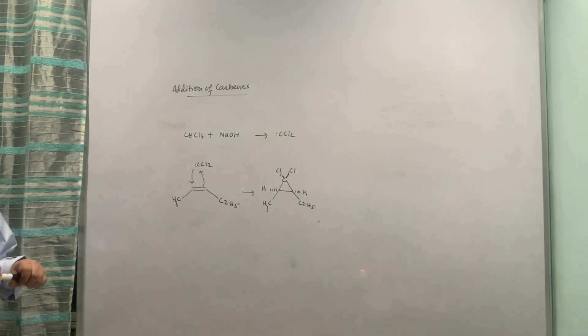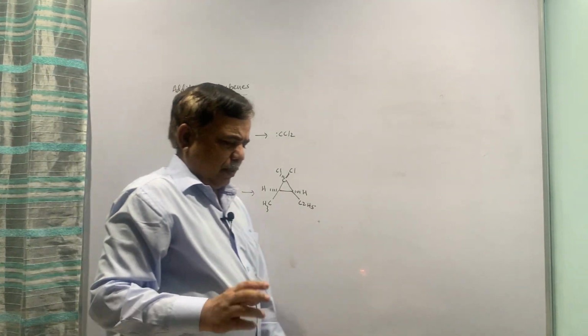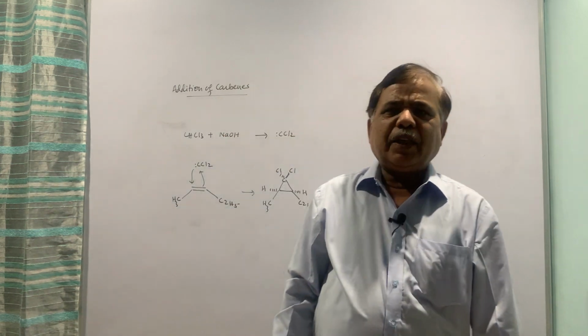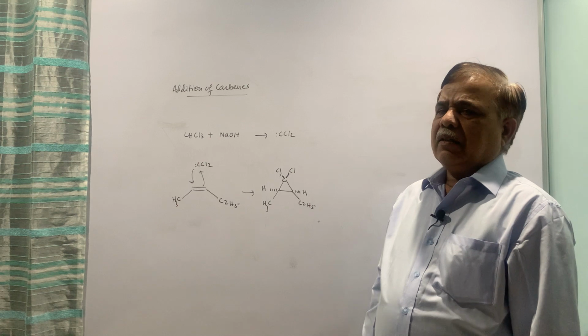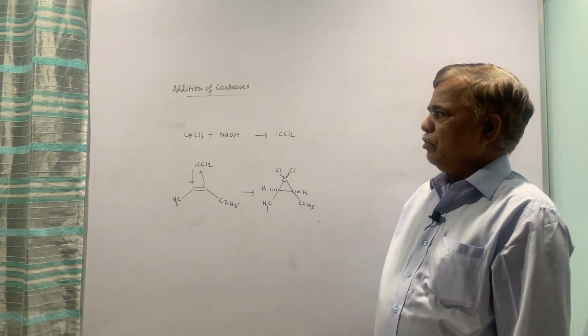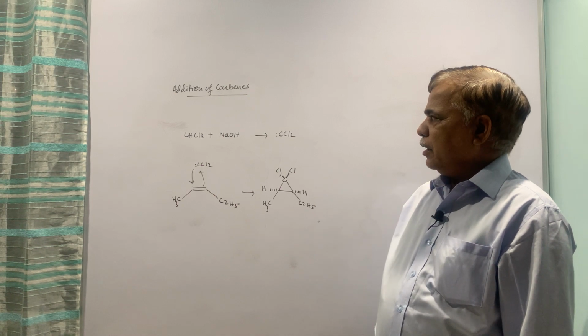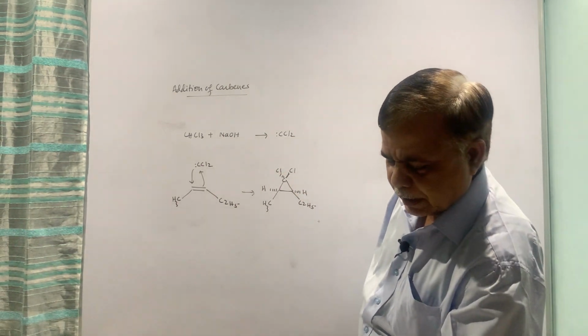So this is your carbene addition, and carbene addition is one of the methods to prepare the cyclopropane ring from alkenes. So this is a very useful method, and one name reaction is also there, that is